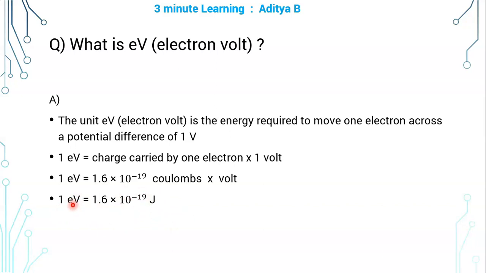If you take it the other way, approximately you can write 1 joule is 10^19 times of 1 electron volt, of course divided by the 1.6 factor. 1 electron volt is 10^-19 of a joule. That is, when you want to measure minute energies, you cannot use a bigger unit, for example joule. So you have to shift to smaller units, for example electron volt.